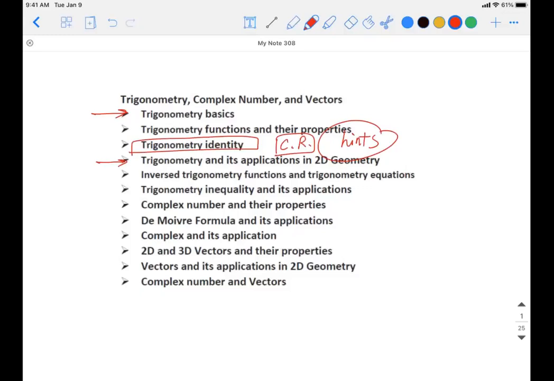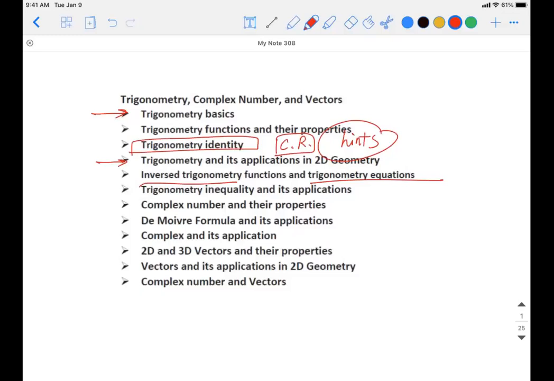Moving forward, we're going to talk about the inverse trigonometry functions. This is not super important, I have to say. However, from time to time, especially at the AIME level, they like to test you a little bit on the inverse trigonometry functions. We'd like to sit down together and give you some ideas on how to handle them.